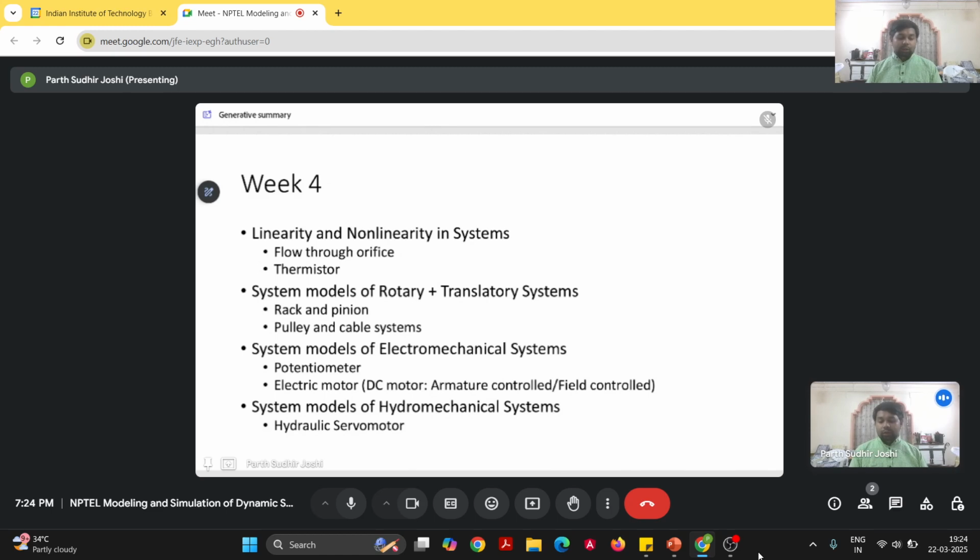Then in the next section we discuss system models of electromechanical systems. Examples such as the potentiometer and the electric motor have been discussed, which involve a combination of electrical and mechanical, or the conversion from electrical to mechanical or mechanical to electrical energy. In the potentiometer, the mechanical movement, translation or rotation, is translated into an equivalent electrical potential difference. In a rotary potentiometer, the output potential difference is proportional to the rotation, or in a linear translatory potentiometer, like a rheostat,